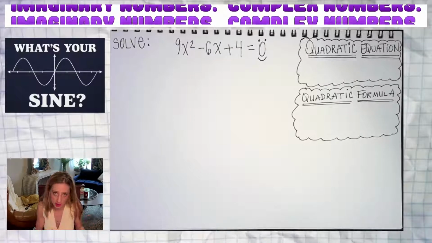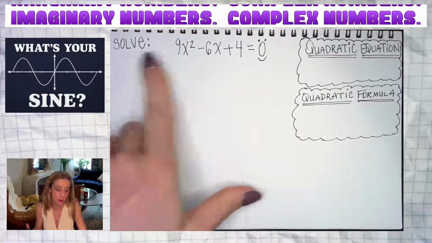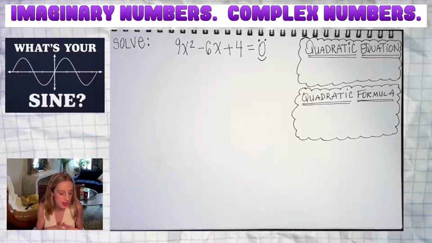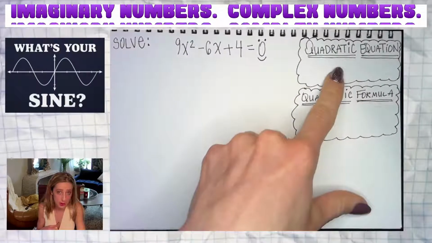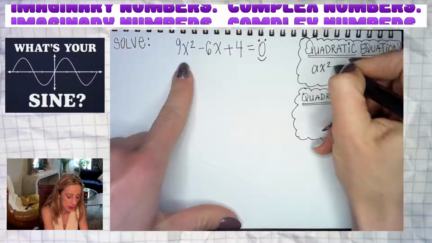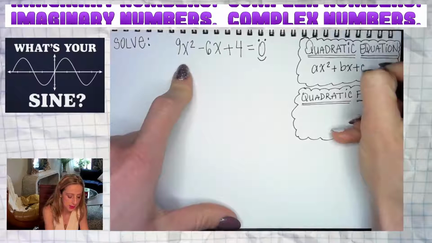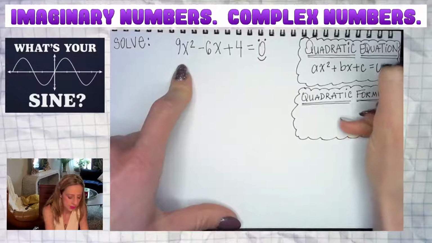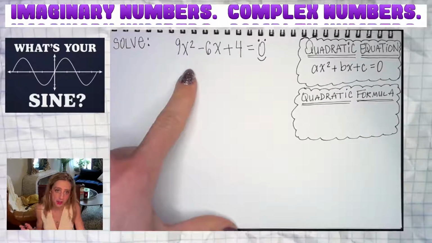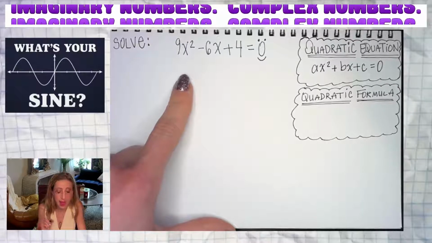Now, normally what you would try to do to solve, since the directions say solve, that means solve for the variable, in this case x, is you would try to factor the problem. Now, this is a quadratic equation, which would be in the form ax² plus bx plus c equals 0. This is a quadratic equation, and when we want to factor something like this, we'll probably start with trying the